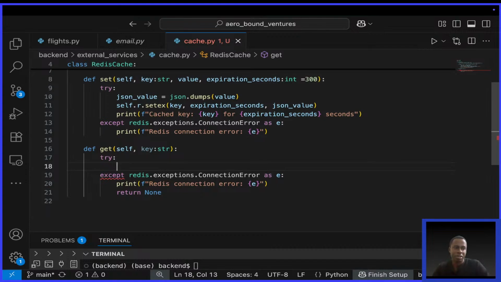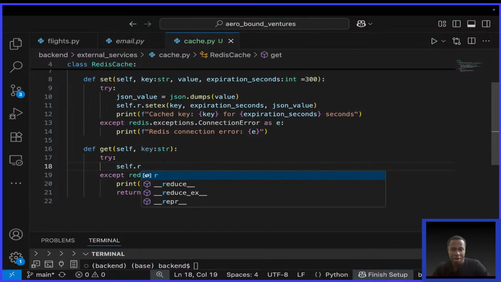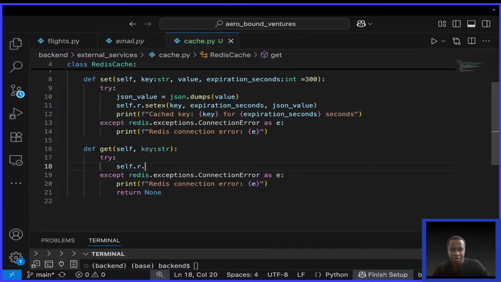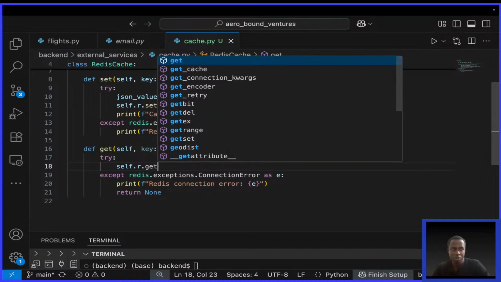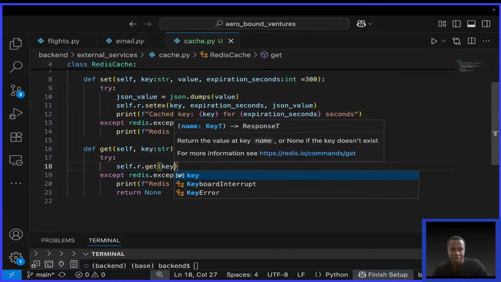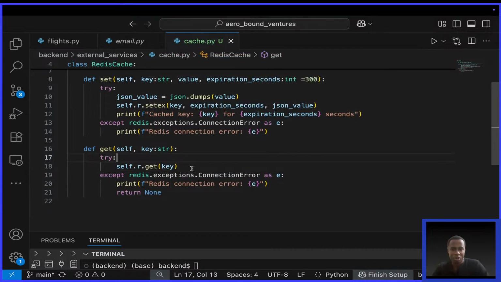the key. Okay, I have to get the key. So I'll say self.r, which is redis dot get the key. Okay, so we want to get the value whose key is key, and after that I can put this in